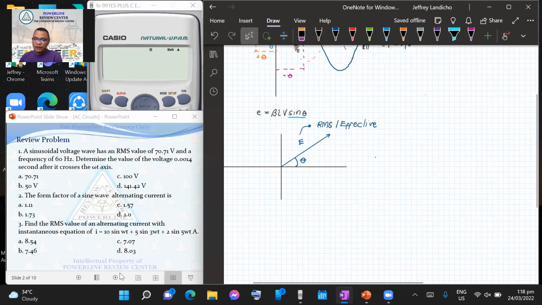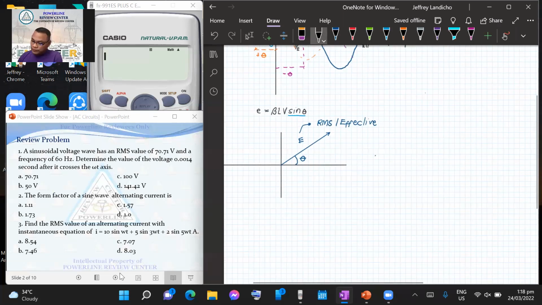So, let's go back to the different topics we may encounter as we try to solve this given problem. So, number 1: the sinusoidal voltage wave has an RMS value of 70.71 and a frequency of 60 Hz. Determine the value of our voltage 0.0014 seconds after it crosses the omega t axis. So when we plot it, using our Argand's diagram,